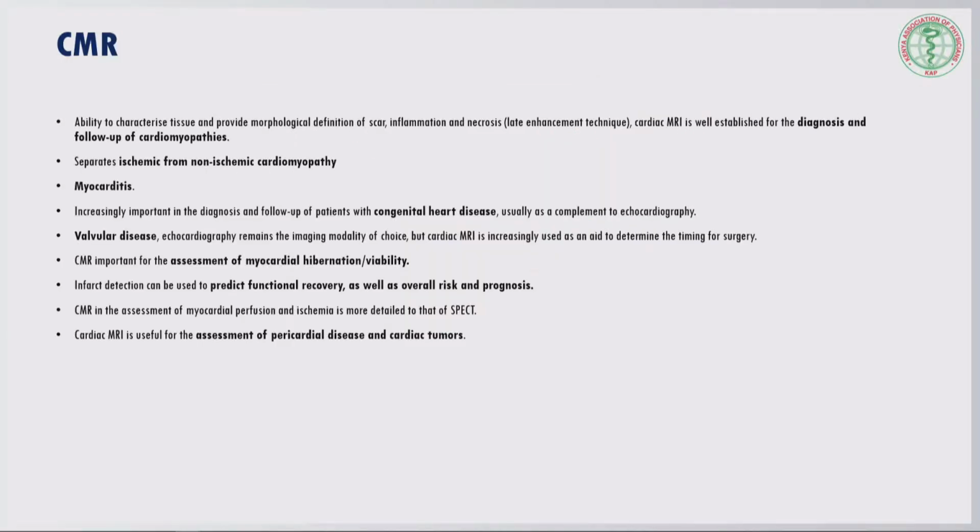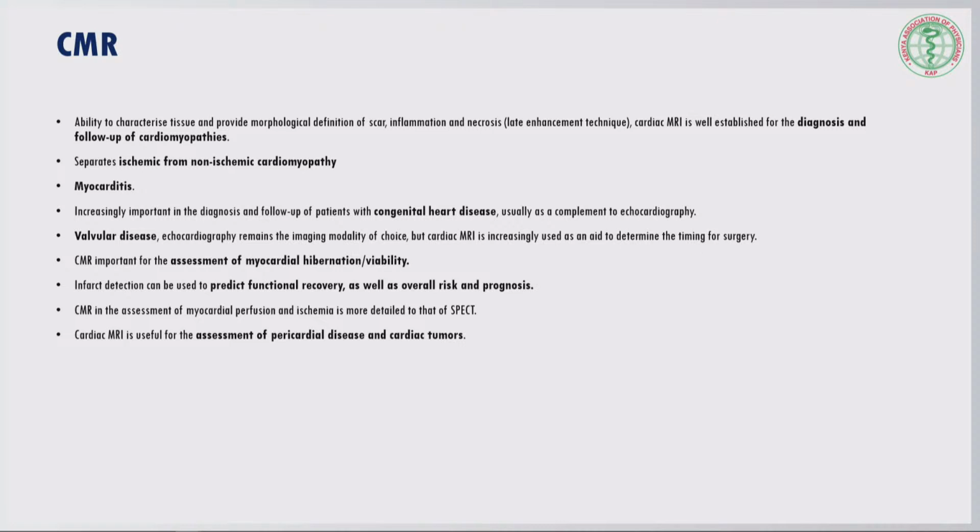Quickly through CMR, I'll be very fast. I think we have an established service for CMR in a few hospitals around, and I know Eldoret MTRH is yet to launch one. But it's very good with characterization of the myocardium, the pericardium, and fine with valvular disease, but not as great as echo. But it's a modality that you use, and now gaining more mainstream acceptance in guiding interventional procedures, even for